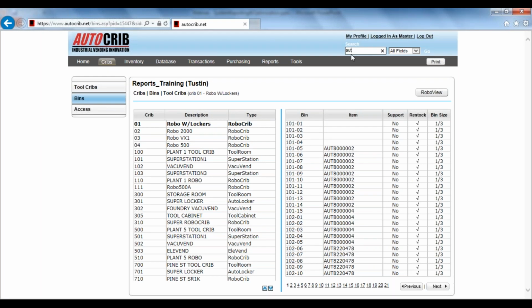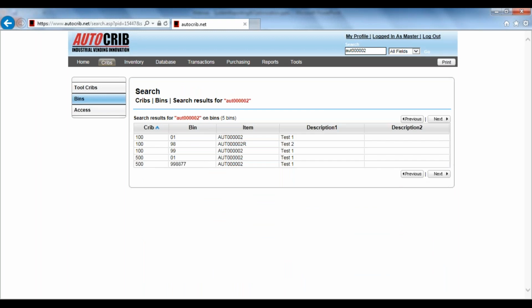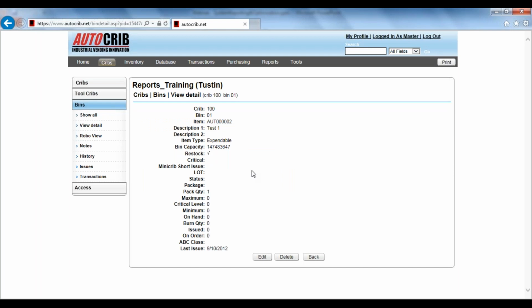I'm just going to type it here in my search field. Okay, so here are all the cribs and bins this item is assigned to. So for now, I'm just going to take it out of crib, let's see, I'll take it out of crib 100,